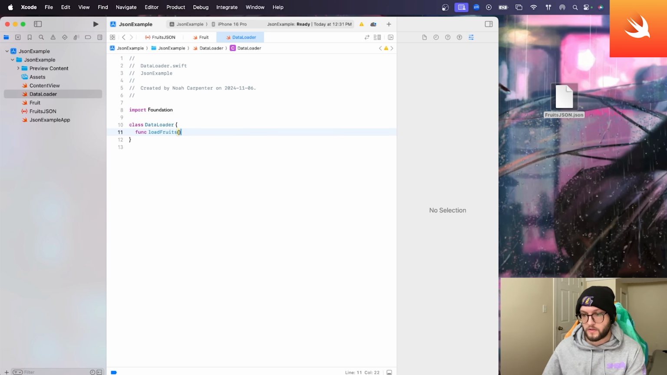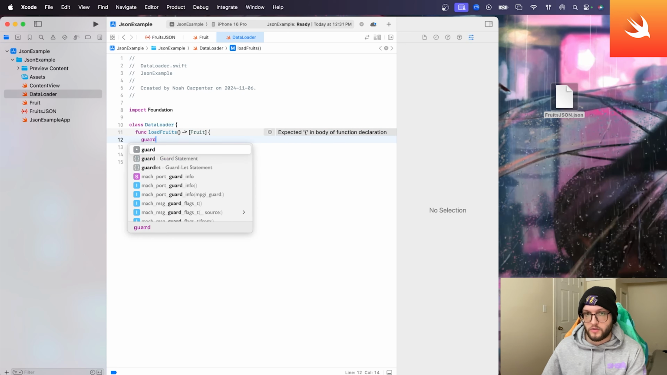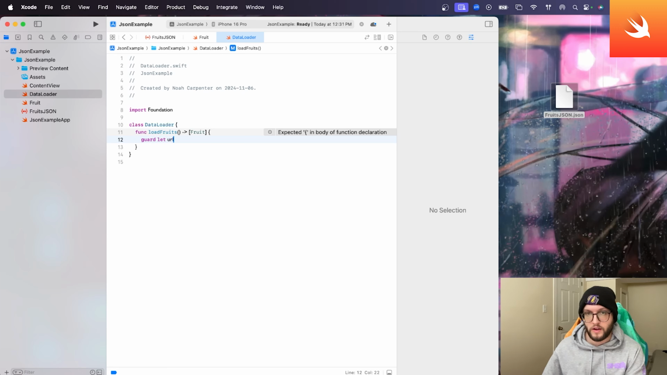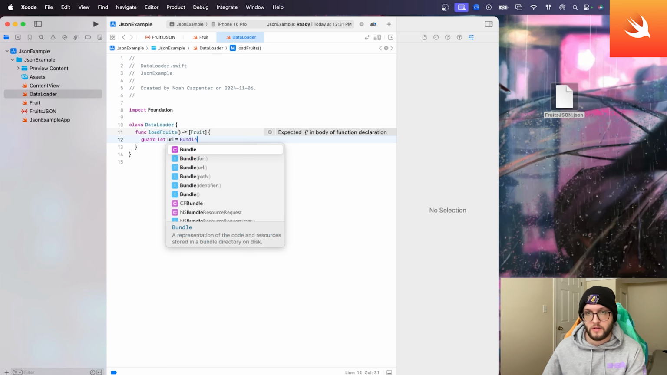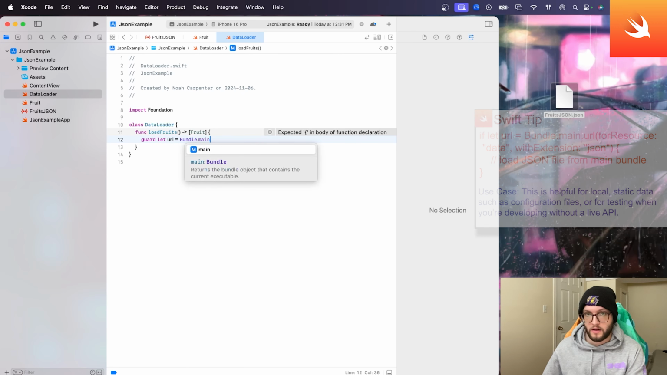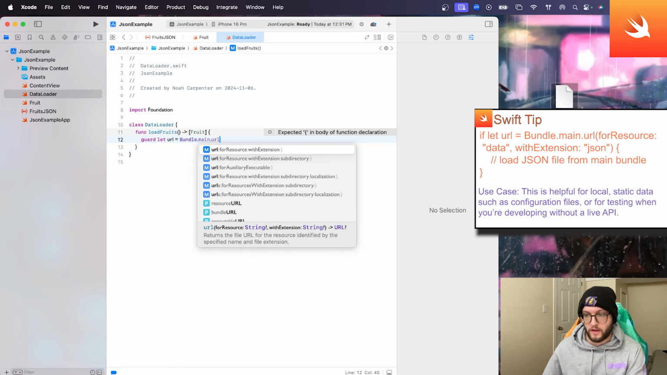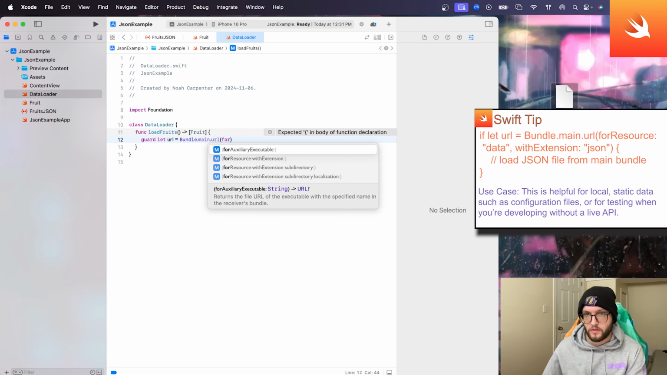Of course, if you're not using fruits, name it appropriately, right? If you're doing things with, like, I don't know, car parts and you had it named fruits, that wouldn't make a whole lot of sense. And we're going to essentially refer to this array or this list here, right? We're going to create a guard statement. So we'll say guard let url equal Bundle.main.url forResource